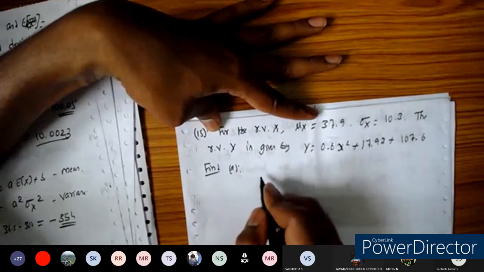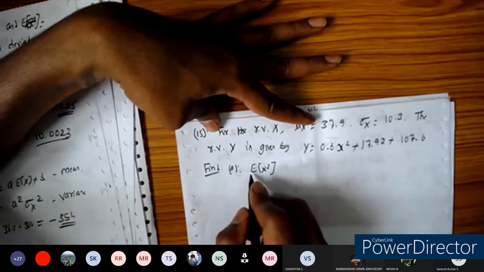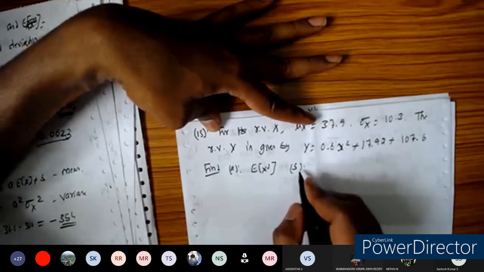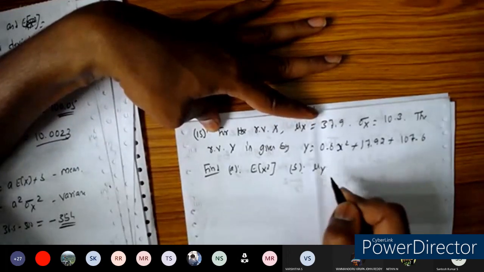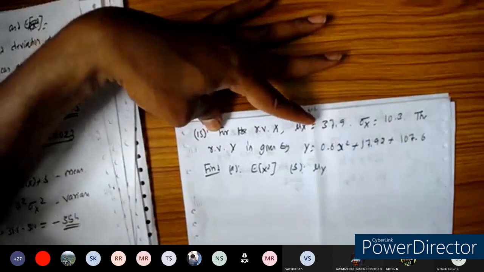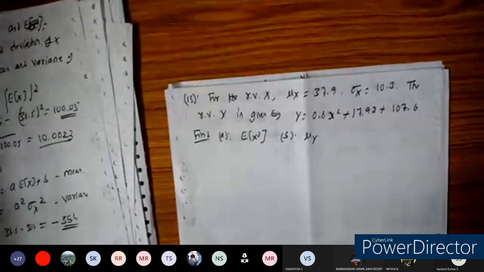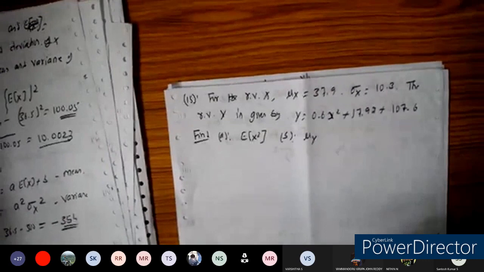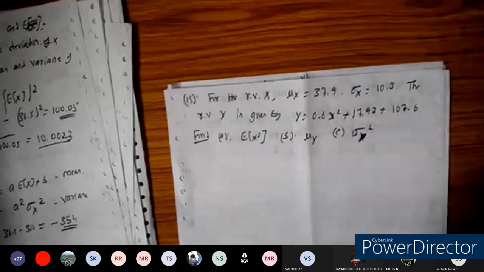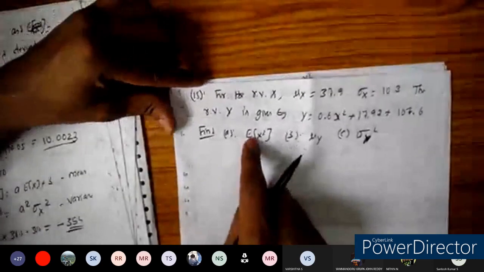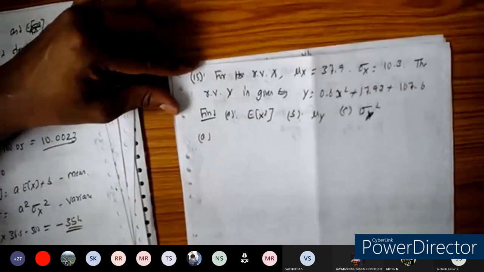First one, A, the mean square value of x, that is the expected value of x square. B, mu of y. So the mean of this one you need to find out here, mu of y. And also we can find the variance, so we can take sigma y square also. Sigma y square also let us find out here. Okay, so expected value of x square, I did in the previous problem. You do that as homework here. Else let us do that one.